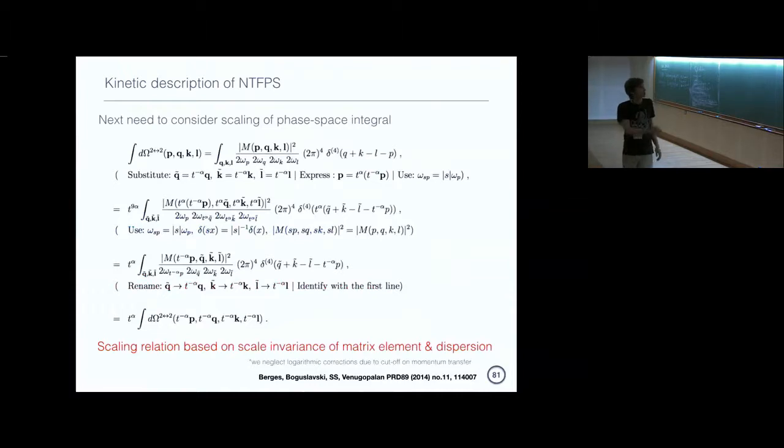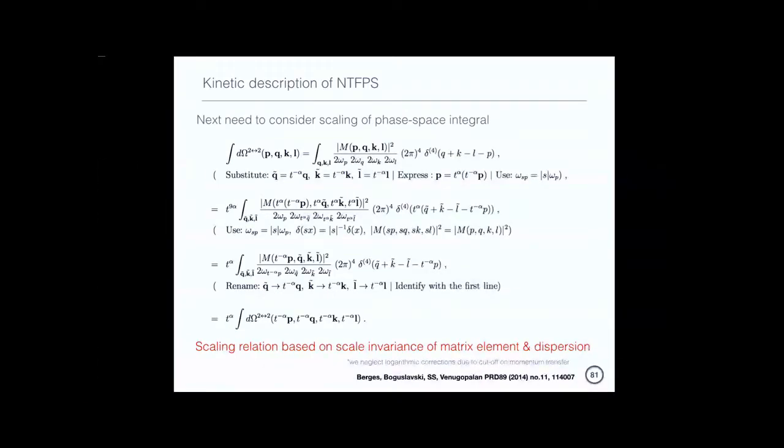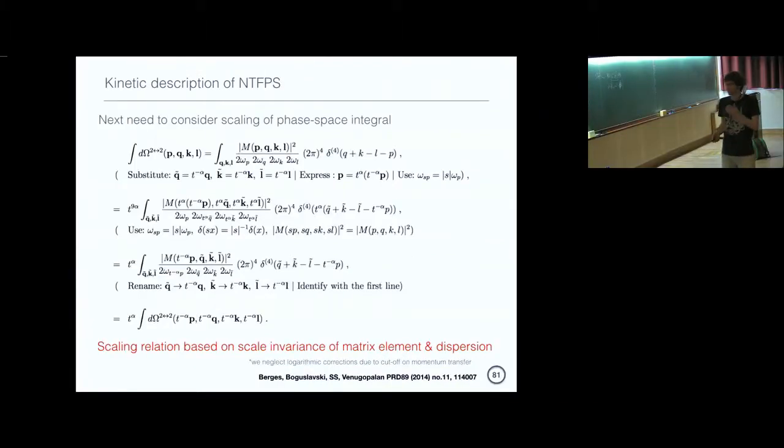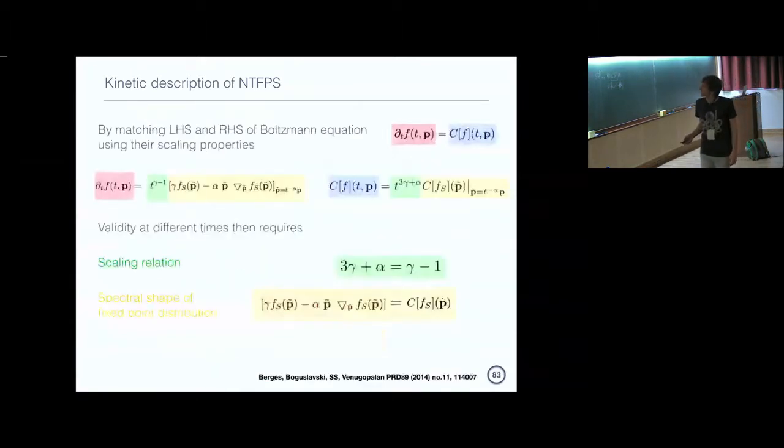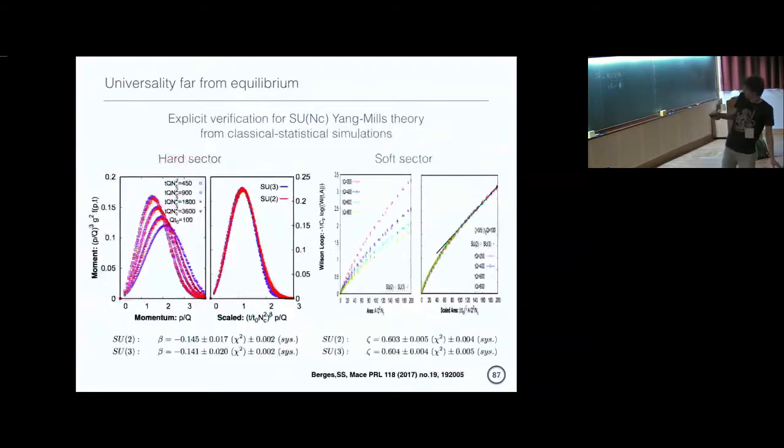It also depends, and that's the part we skipped a little bit, on the scaling properties of these matrix elements. It will depend on the scaling properties of the dispersion. And since we're performing integrals and also doing transformations with integrals, it will also depend, for instance, on the dimensionality of the space that we're looking at. I mean, with gauge theories, we only want to look at 3 dimensions here anyway, but you could do scalars in different dimensions, for instance. So let's see if I listed them all.